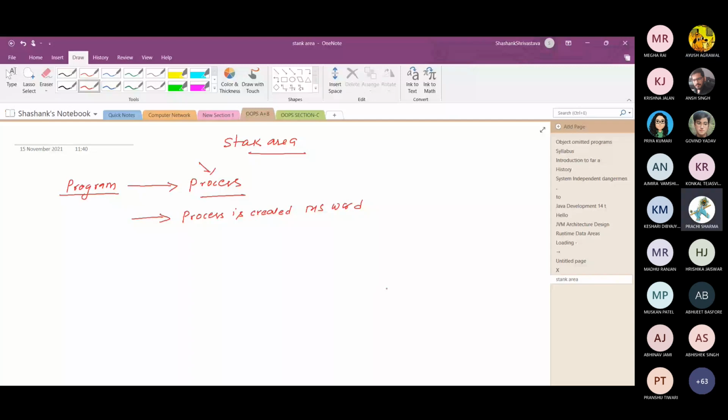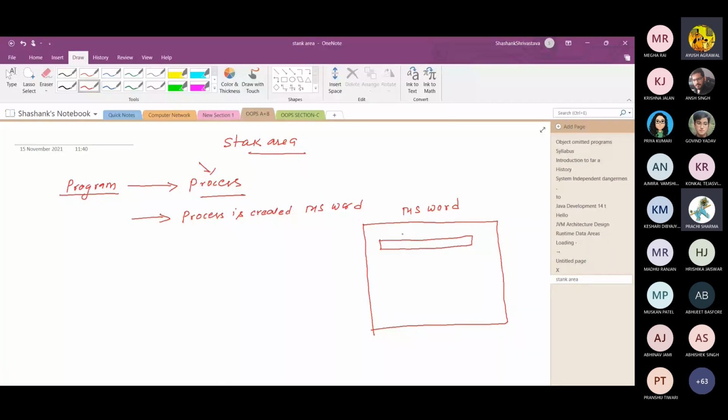If you open a page of Microsoft Word, you can see that different sub-programs are running behind. When you write any text or paragraph in Microsoft Word, a background spell check is running. A spell check is also a program.